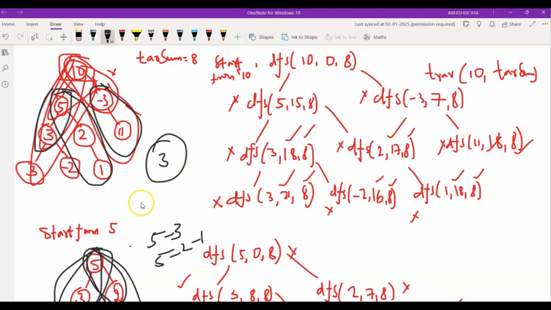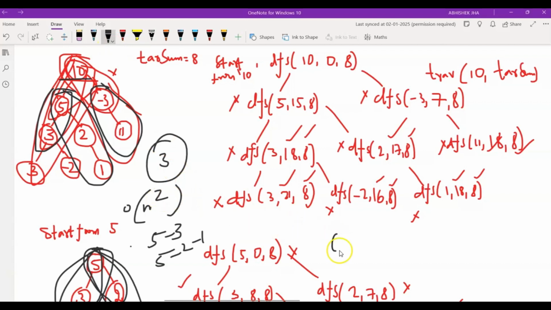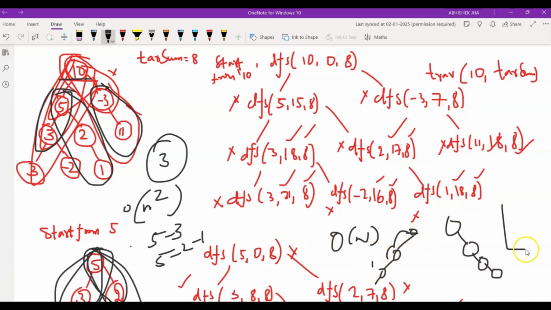The time complexity of this approach would be O of n square, where n is the number of nodes. Here for each and every node we are trying all the possible paths, giving left and right recursive calls. Hence the time complexity would be O of n square, whereas the space complexity would be O of n in the worst case, that is if the binary tree is a skewed tree which has only right nodes or only left nodes. So for every node we are trying to traverse each and every node, so the recursive stack will store all the nodes, which would be O of n, that is the number of nodes in the binary tree.